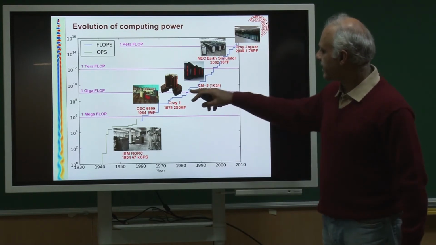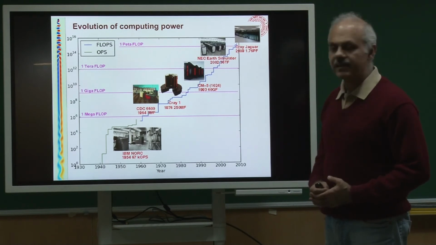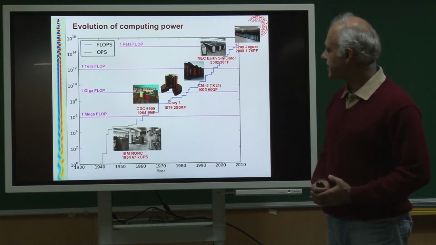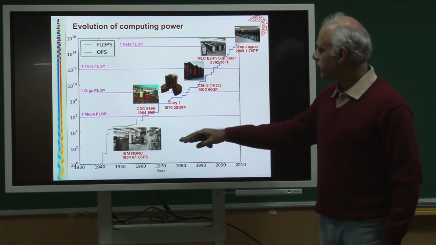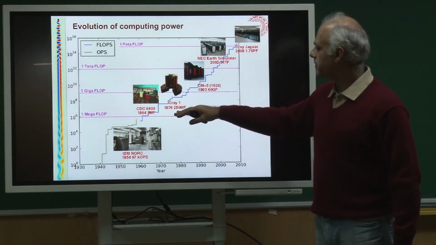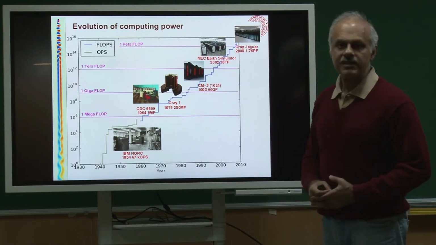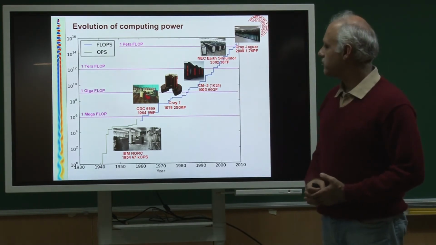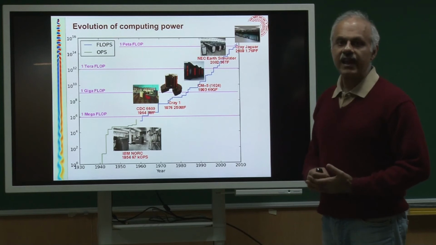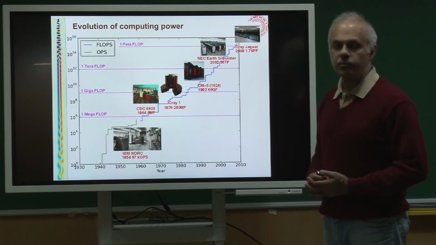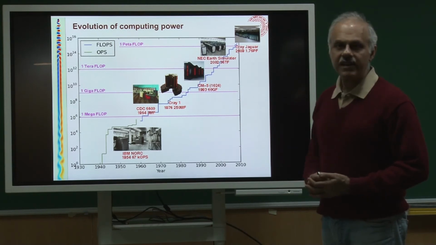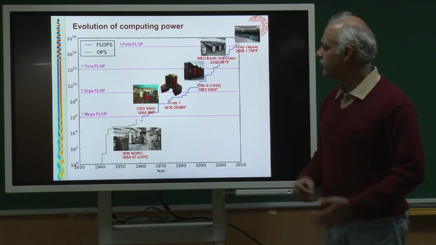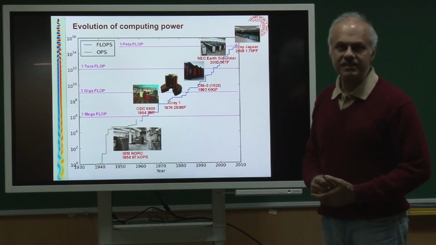Then you have the Cray series of computers. So, this is Cray 1 in 1976, which would give you something like 250 megaflops. So, you can see from kiloflops we move to megaflops, and now we are moving to something like a gigaflop, which would mean we are looking at 10 to the 9th floating point operations per second. As you are aware, your laptop would actually give you more computing power than a gigaflop these days.